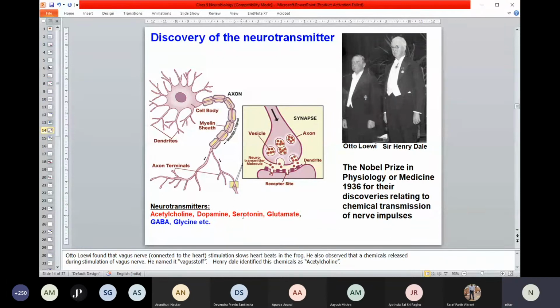And serotonin keeps you cool, calm and quiet. It's a very good neurotransmitter. And glutamate, you know, is an amino acid. This excitatory amino acid neurotransmitter is involved in learning and memory. We'll talk deeply about all of these later. And the green ones that you see here are the inhibitory neurotransmitters. The red ones are excitatory, the green ones are inhibitory neurotransmitters.